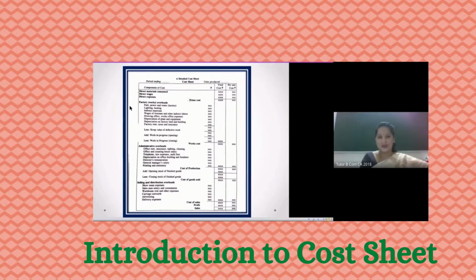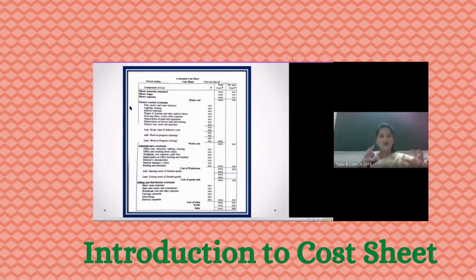And as you can see, we will have two columns for an extended cost sheet: total cost and per unit. Per unit cost, as you know, will be found by dividing by the number of units. I know the total cost, I know the number of units, so it is very easy for me to find out the per unit cost. That's what we have done: per unit cost of computers. So this is the format which you should know very clearly if we are going to prepare the cost sheet.